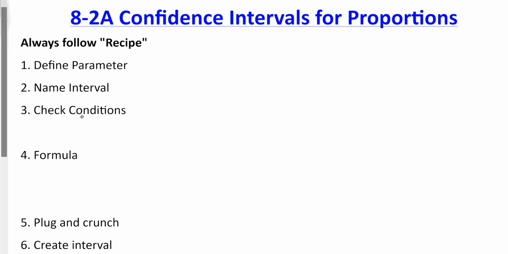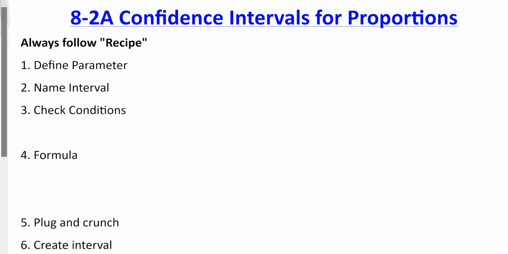And this is the recipe of things you should be following when creating a confidence interval. It is also expected by the AP College Board, so that's why we're going to consistently do this. Now, let's just talk through some of these pieces. We'll break down why we do a couple of things we do, and then we're going to actually do one or two of these confidence intervals. All right? So,